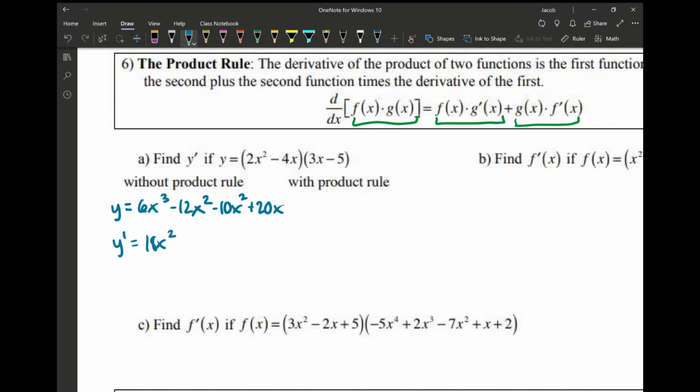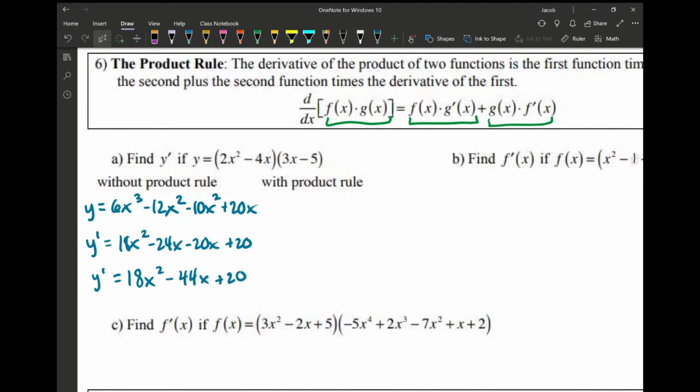18x squared. Let's see. This is minus 24x and minus 20x and plus 20. So the end result, if we can combine like terms, which is a pretty easy thing to do when it comes to simplifying, then we get this as our answer. Now with the product rule,